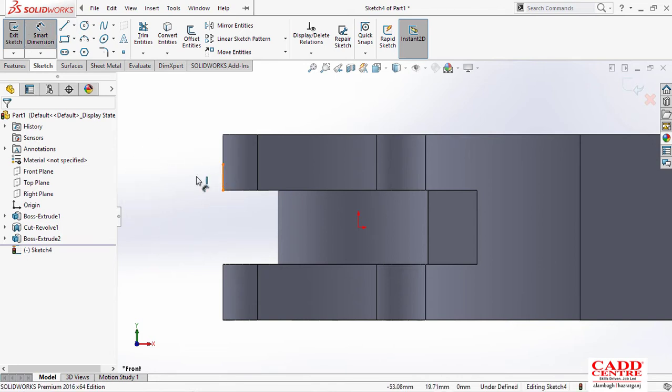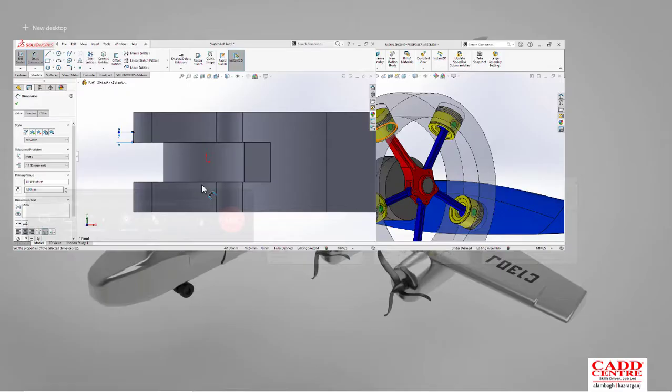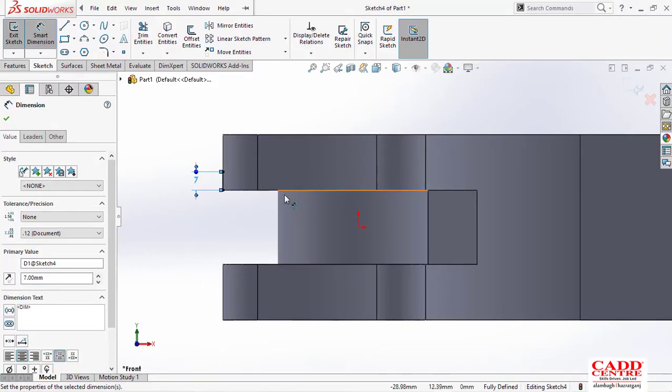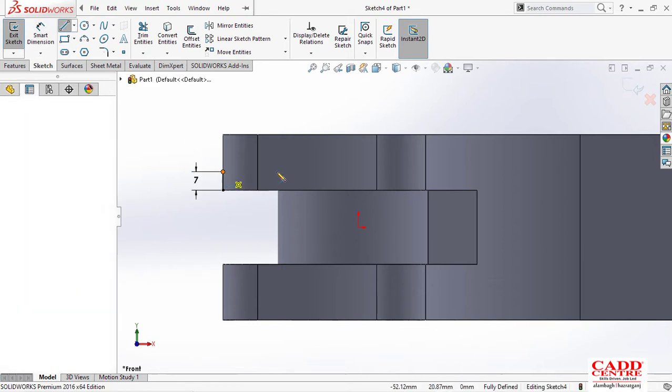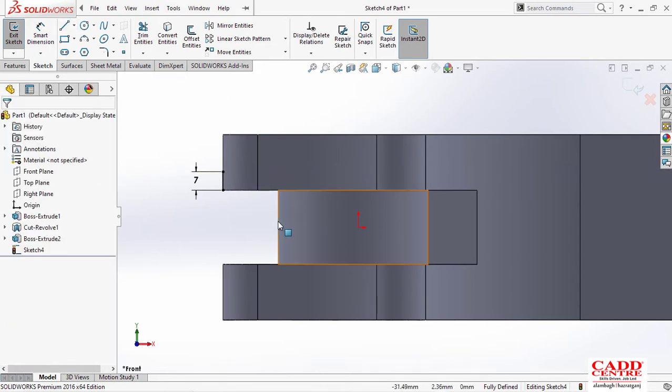So just type 7 here. They have given this one as 7, and then go to the same reference line, meaning this reference line.